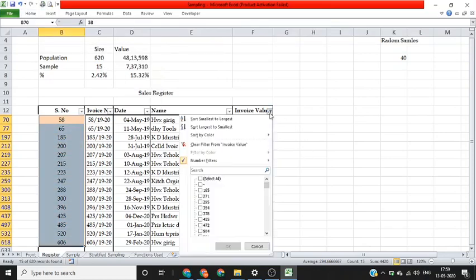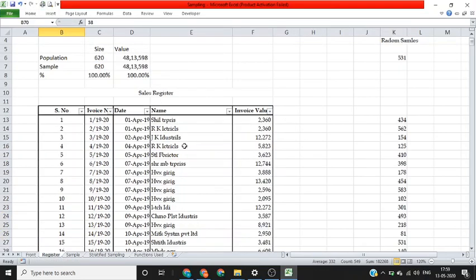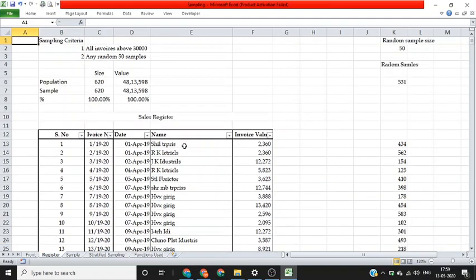Now we will remove this filter and move to our second sampling criteria, that is 50 random samples. To select 50 random samples, we will be using an Excel function called RANDBETWEEN. We have already written it here.